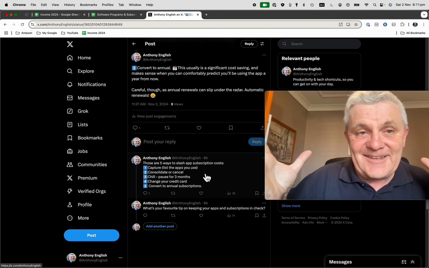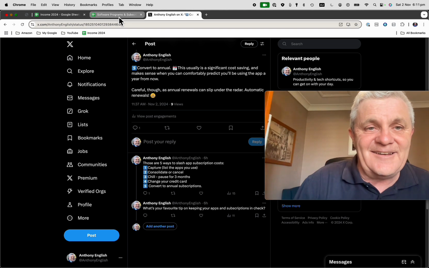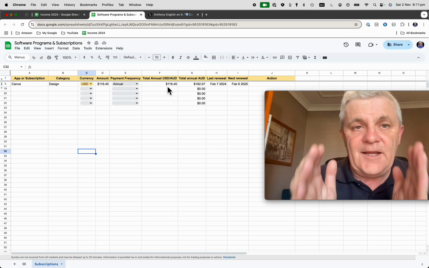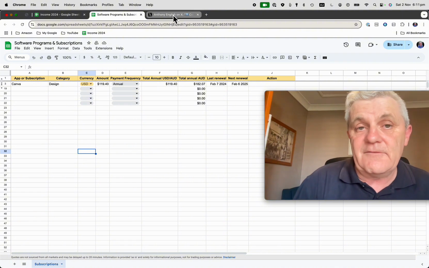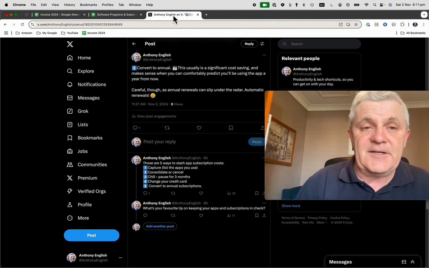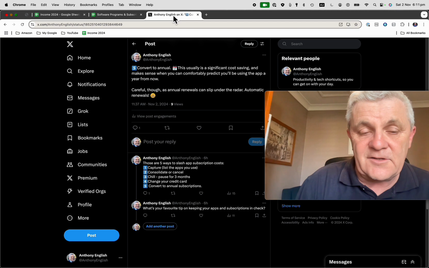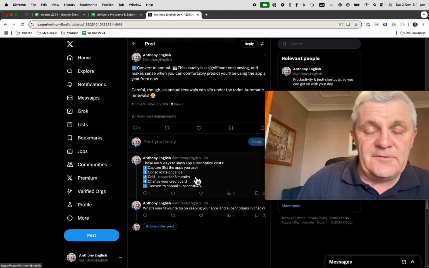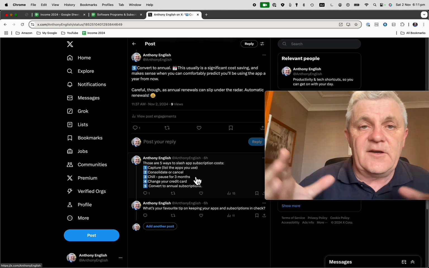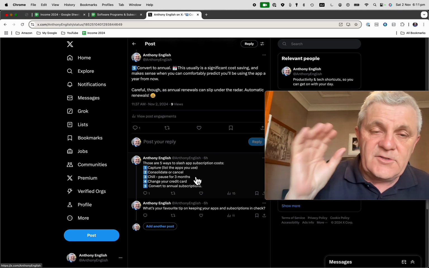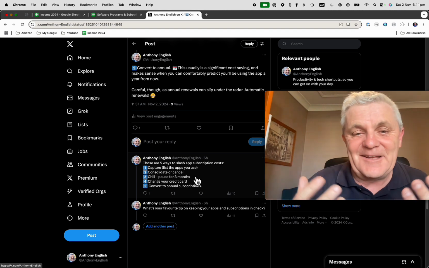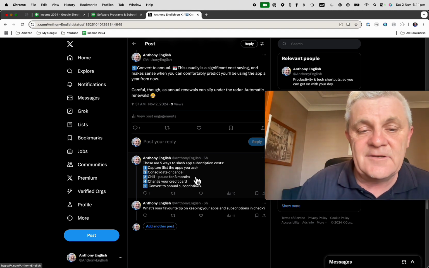Okay, do a capture just like I've done here of the subscriptions, the categories, and how much it is, and you get a really good view of just how much it's all going to cost. You can do that in Google Sheets. Consolidate or cancel. Okay, avoid those overlaps where you've got 2 apps or sometimes more apps doing exactly the same thing, providing exactly the same service.